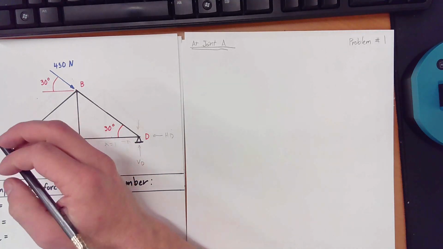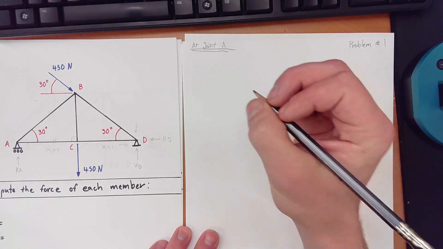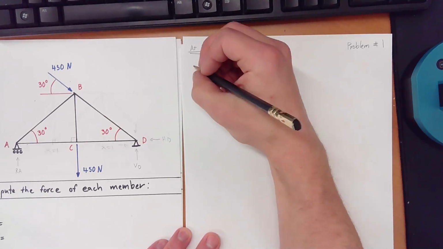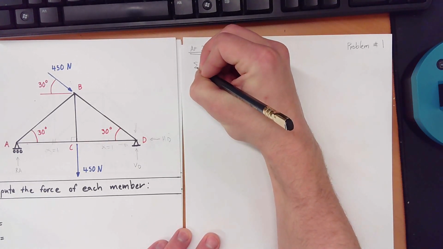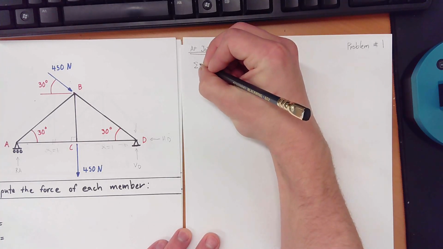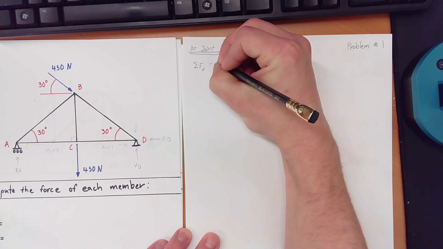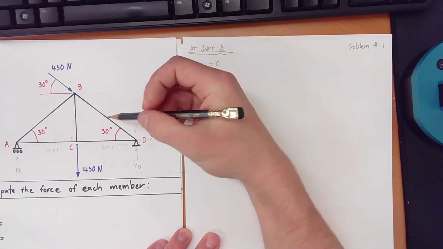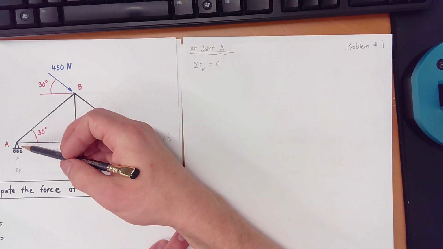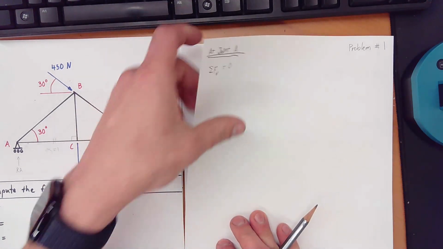Okay, at joint A, the sum of all of the forces vertically must equal 0. Okay, so we start sum of all of the forces vertically must be equal to 0, because we have point A and this RA, we figured out RA, that's the